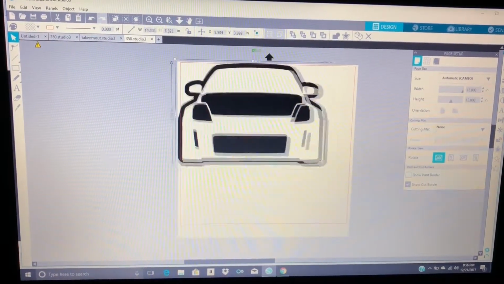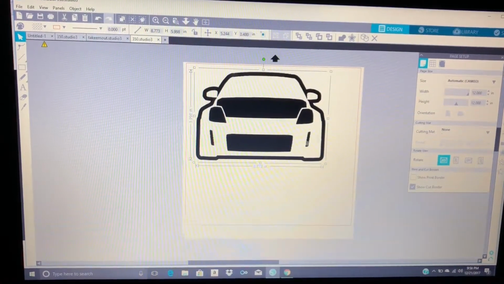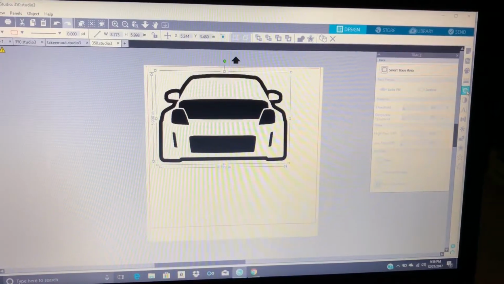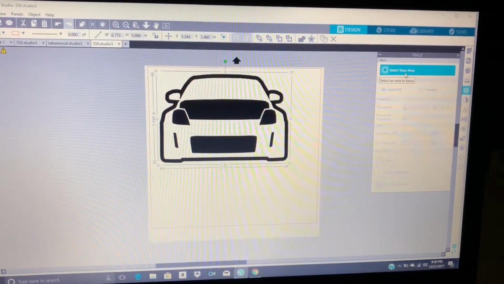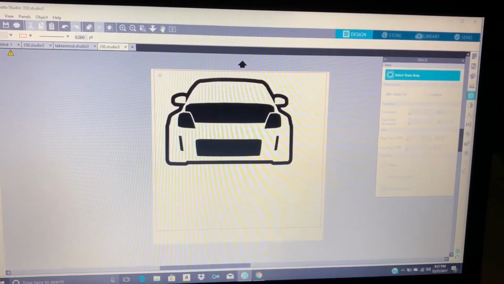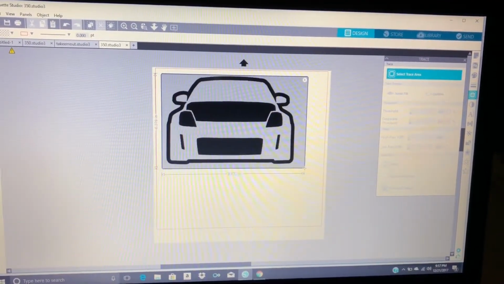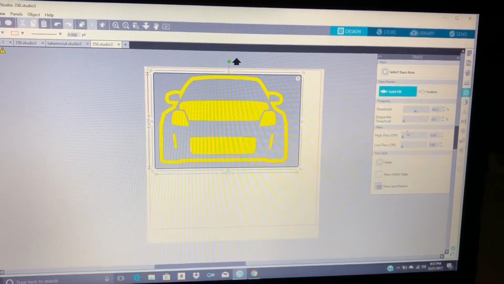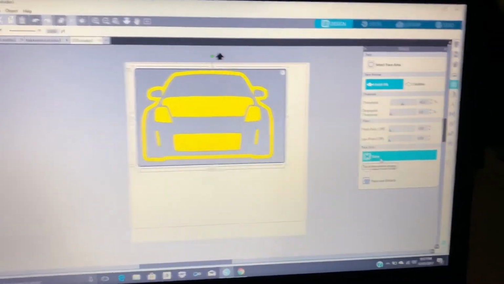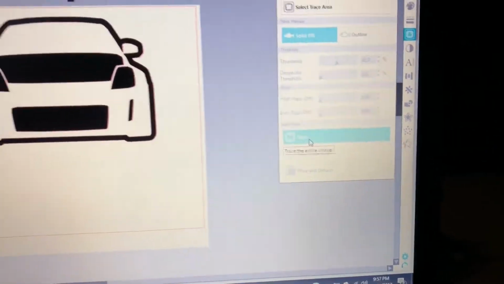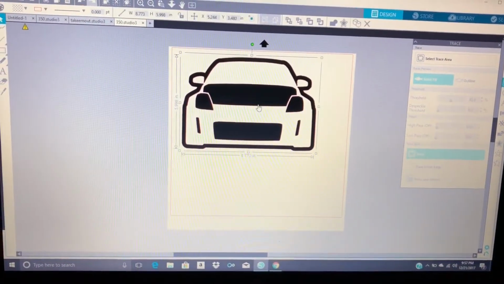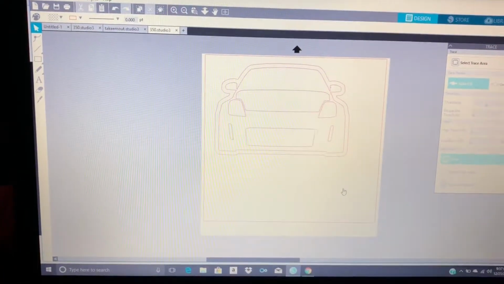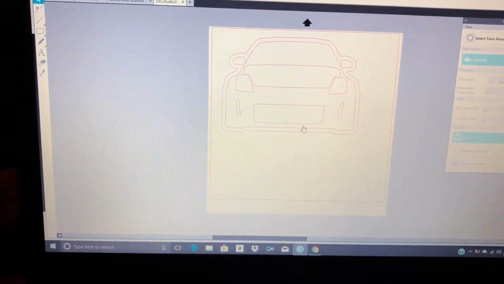and how you get this to be able to work on the software, you gotta come over here to this little tab, and it's the Trace tab. So what you do is select the trace area, and you'll just highlight what you want to be traced, and as you can see it highlights it, and then you just select trace down here, and what that does is it traces the outline, obviously. So get rid of that image, and now you got something to work with here where you can actually edit